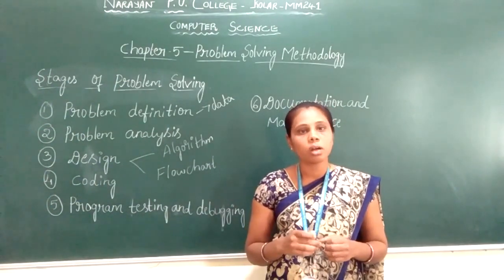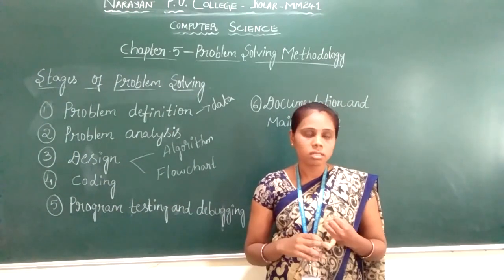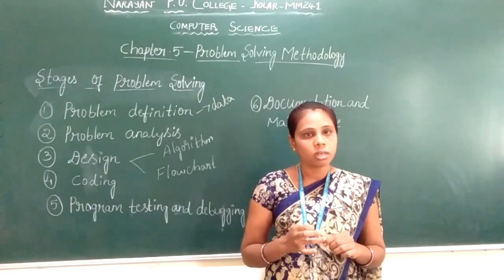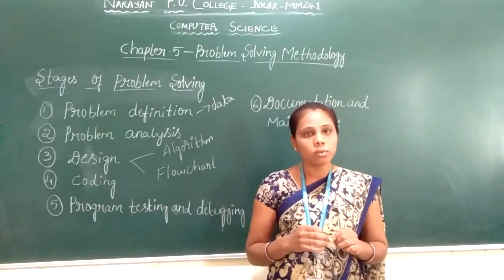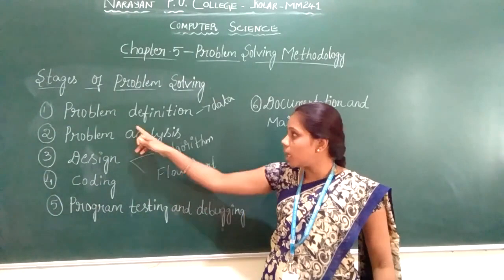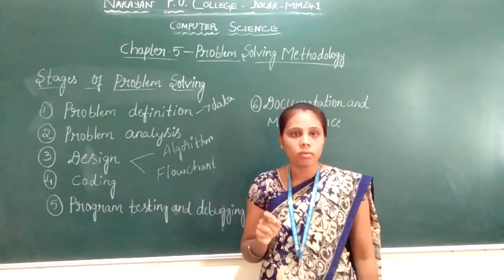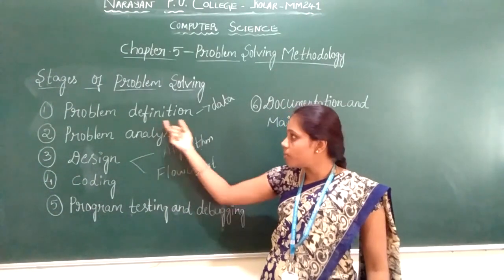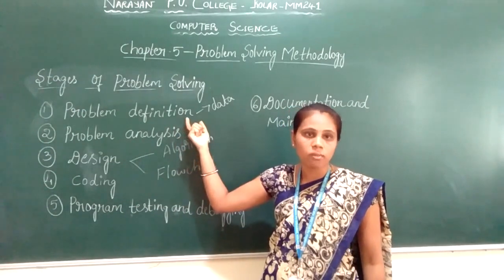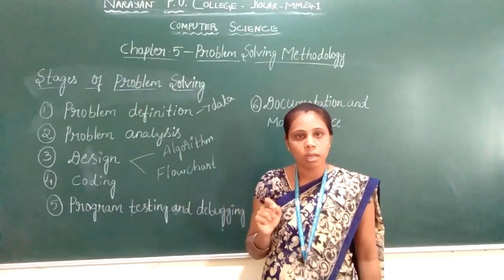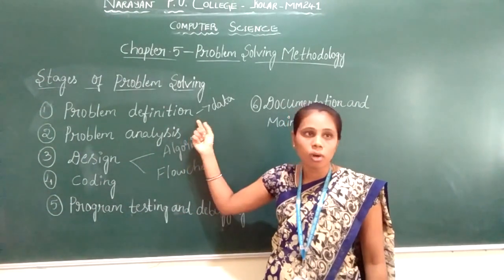For preparing the coffee we need a gas or any electric stove, a bowl, coffee powder, sugar and milk. This is what we need, and that will be collected using the problem definition stage. The requirements for the given problem, the ingredients required for preparing a coffee, will be specified in the problem definition stage.